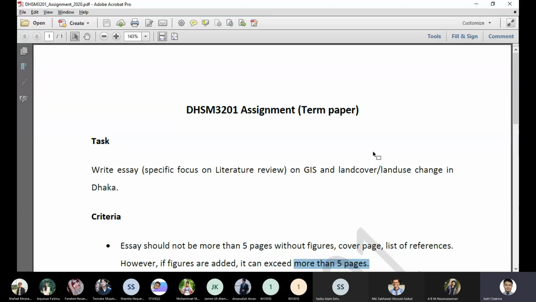ল্যান্ড ইউজ চেঞ্জে জিআইএস যে ব্যবহার হচ্ছে এই ব্যবহারটা তুমি কতটুকু ধরতে পারছো। অর্থাৎ তুমি এখানে ল্যান্ড ইউজ ল্যান্ড কভার চেঞ্জে কিন্তু আমাদের দেশে মেইনলি রিমোট সেন্সিং ইউজ হয়েছে। ওকে, অর্থাৎ ডেটাগুলো নেওয়ার জন্য রিমোট সেন্সিং ইউজ হয়েছে, কিন্তু এগুলো যখন আমরা অ্যানালাইসিস করতে যাব তখন আমরা জিআইএস ব্যবহার করি। সো এই জিআইএস এর ব্যবহারটা তুমি কতটুকু বুঝতে পারছো, ওকে, এইটা এখান থেকে তোমাকে ফুটিয়ে তুলতে হবে এবং সেটা আমি পরে তোমাকে জাজ করব। বাট এটার একটা অবজেক্টিভ আছে। অবজেক্টিভ